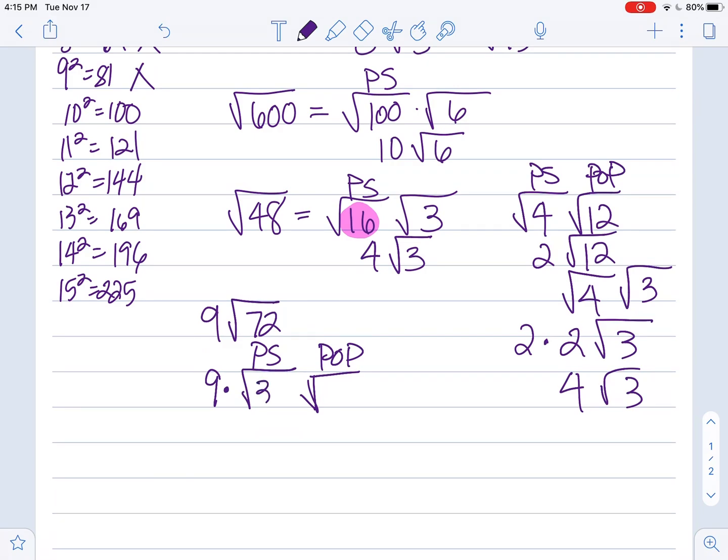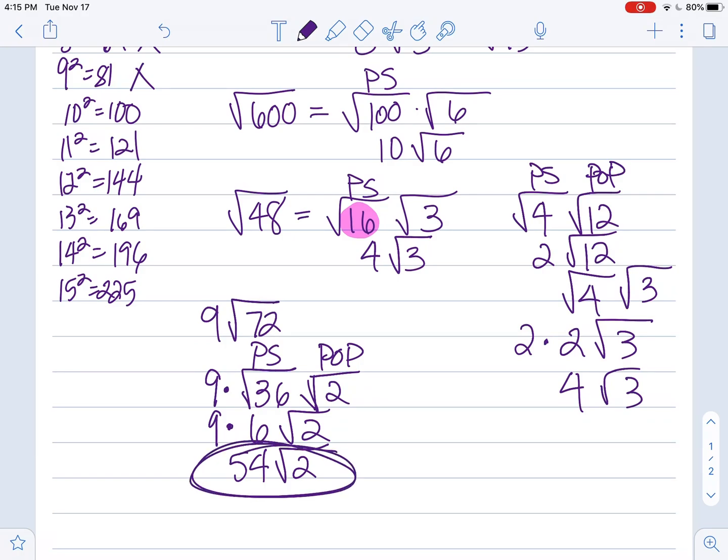So we put our 36 here, and 36 times 2 is going to give us 72. Times 2, cool. Now, we've got this 9 out here. The square root of 36 is just 6. We can't do anything to the POP. Now we have 9 times 6, and 9 times 6 is 54 square roots of 2. So that's it. All right, I hope that